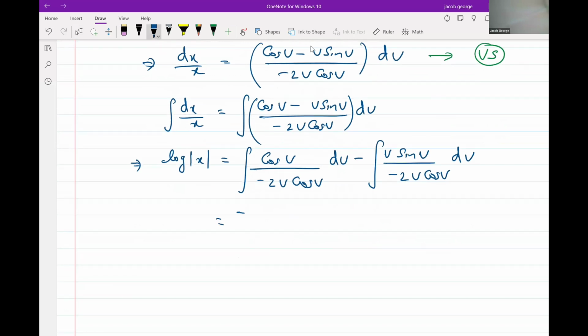But you are getting the same step by this, right? The second term, that plus term, you will be getting as the first one, right? Yes, sir. So minus cos v and the cos v will go. So this one will go. And we can take minus 1 by 2 outside. Then what is there inside the integral? 1 by v dv. Plus